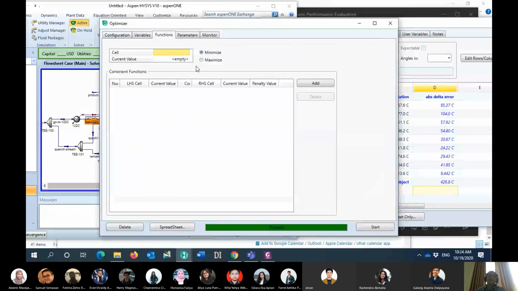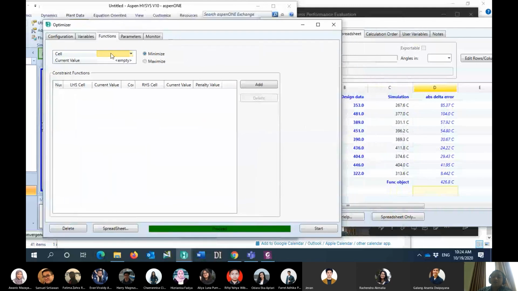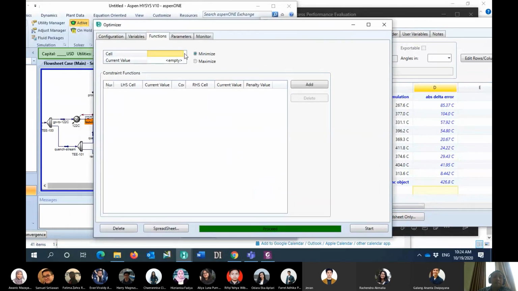So I will go to the function. I have to define the objective function in here. So I will put here D12. Okay, this one should be D12. Now, should it be minimize or maximize?